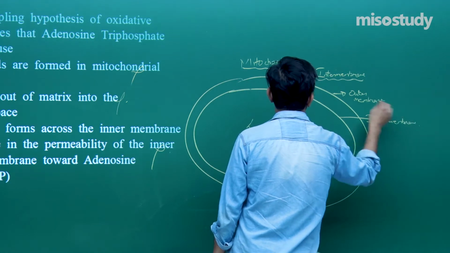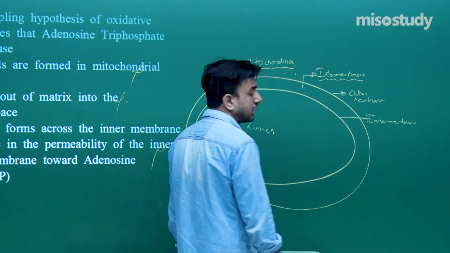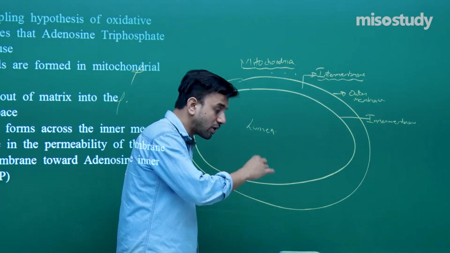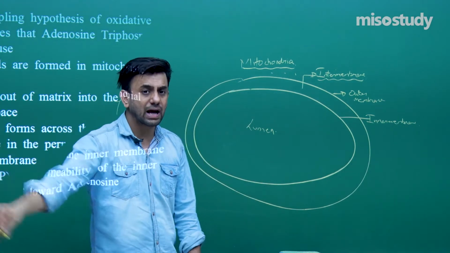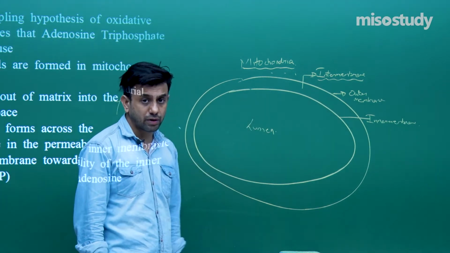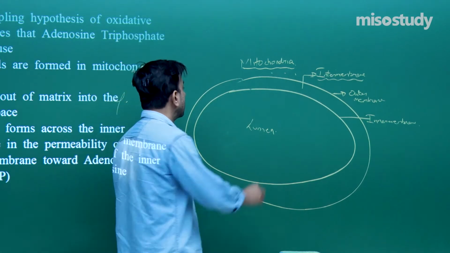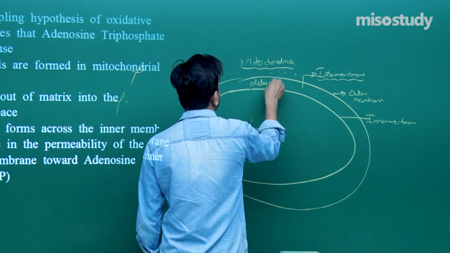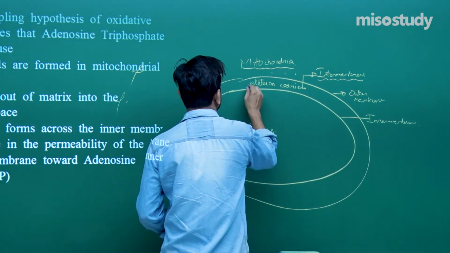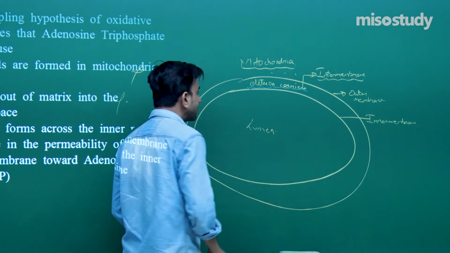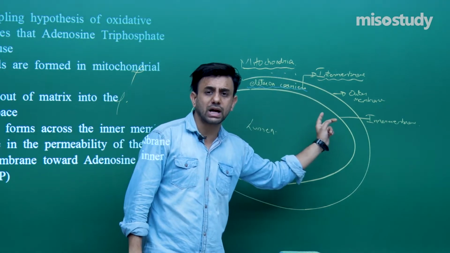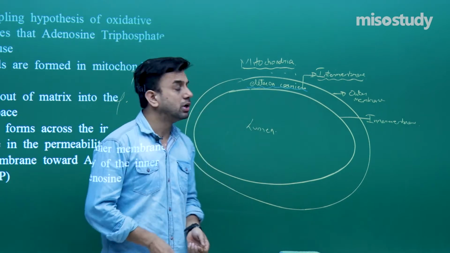Now, what happens from here, the matrix? We know that the electron transport chain is located in the inner membrane of the mitochondria. The electron carriers are situated here. When the electron is being transferred from one electron carrier to the other, utilizing this energy, the proton